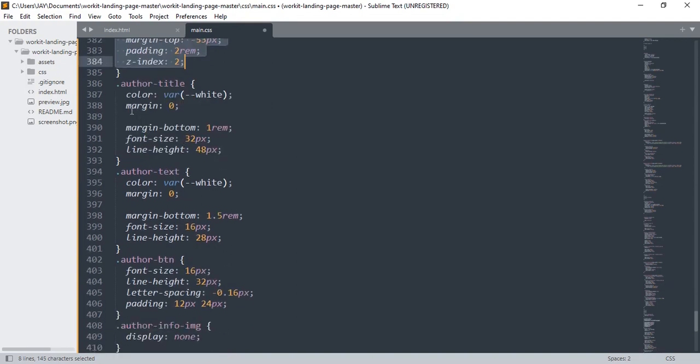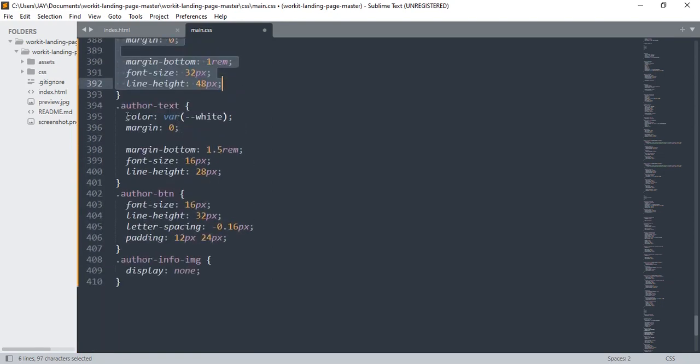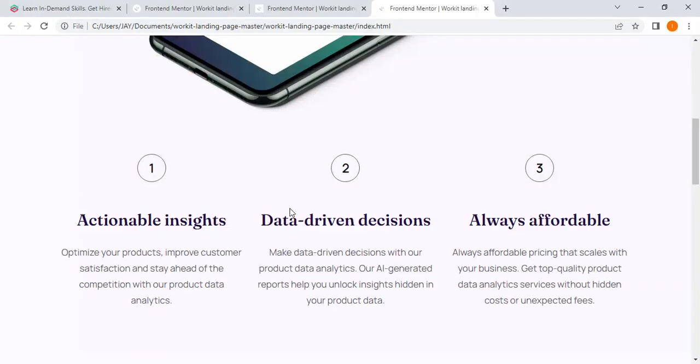Then let's also change the author title color to variable white and also style the font size and the line height. Then also let's come inside the color to variable white, margin 0. Then margin bottom 1.5 rems, font size. Then we style the author button using this set of properties, and then we set the image to display none. Then if I come here and reload my page,